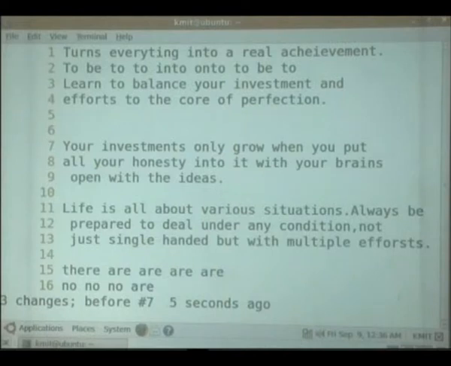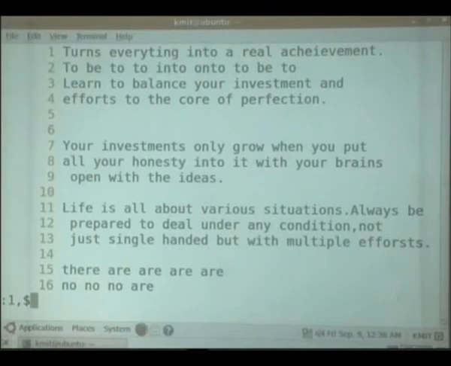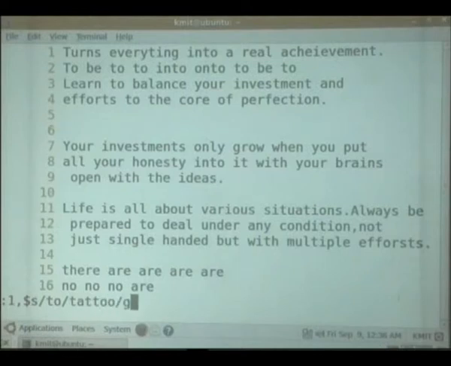Then I can go for interactive replacement. The flag which is used is C. I want to replace from first to last line, search for the target 2 and replace it with tattoo globally, and interactive. So when I hit enter,